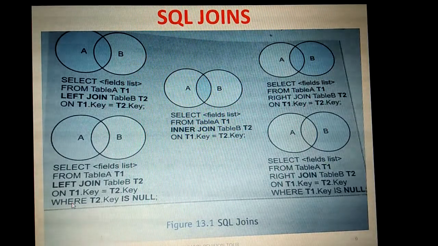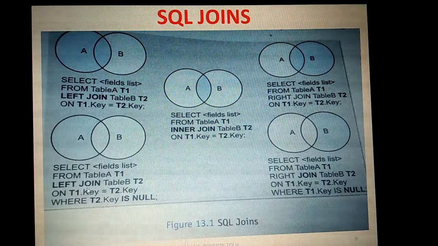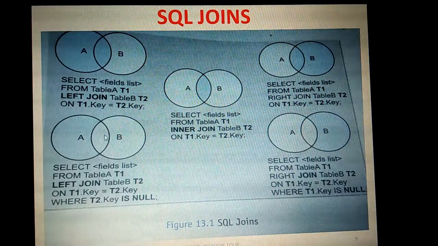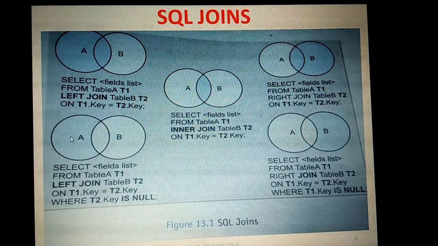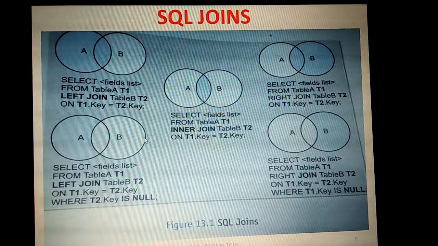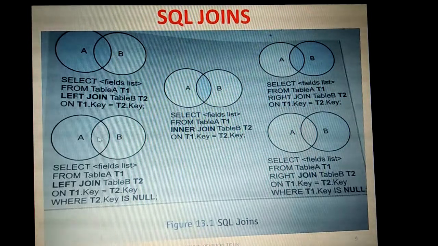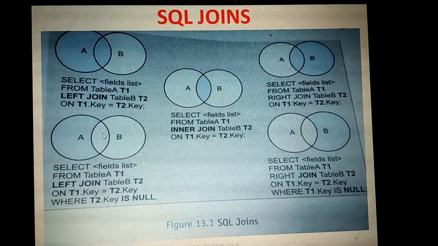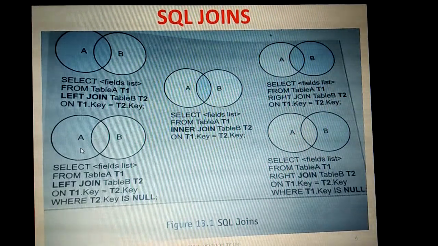But when we go for this where condition, the same four statements are going to be used, along with that where condition. We are using only table A, and whichever values are there in B, that is going to be ignored here. So table B that is matching with A is going to be fully ignored, and only the table A values alone are going to be retrieved. Here no matching is taken from the second table. We are not considering the second table's matching fields. Whichever fields are matching, that is ignored in this case. That is the use of this left join.